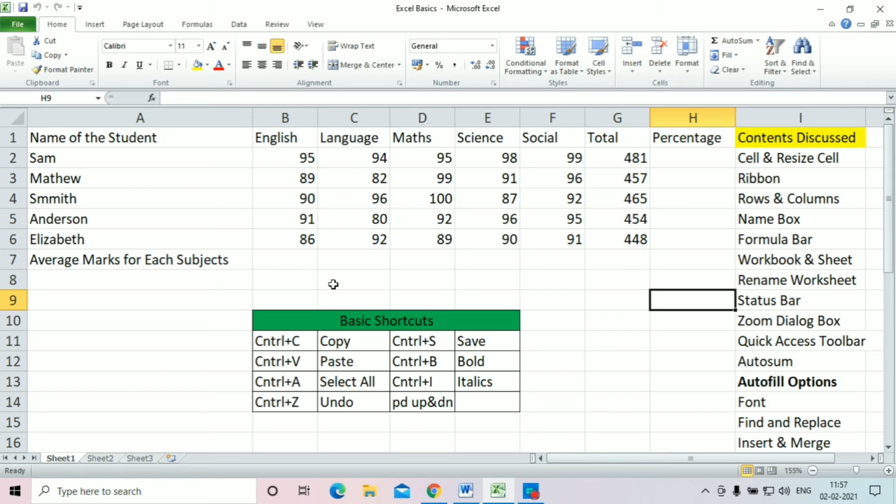So basically, what is Excel? Excel is used for handling large amounts of data, tons and tons of data even. As a human you will not be able to calculate it, but Excel can do everything in just a fraction of seconds. That is the best feature that Microsoft Excel has provided. And so let's get started.